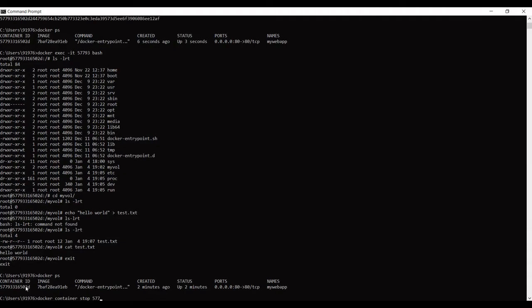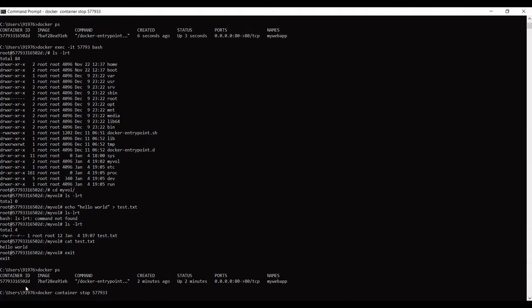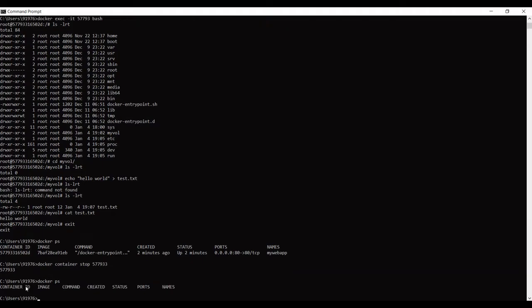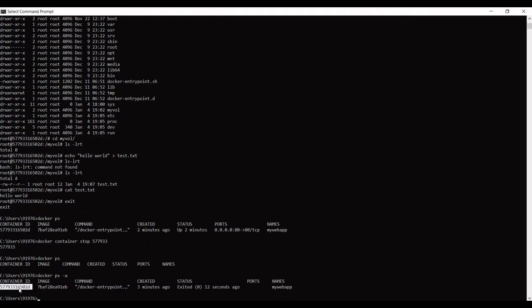We just provide some initial characters, and that will work. I will press enter, and this container is stopped now. If I say docker ps, I should not get any container running. If I say docker ps -a, then I see that this container has exited 12 seconds ago.